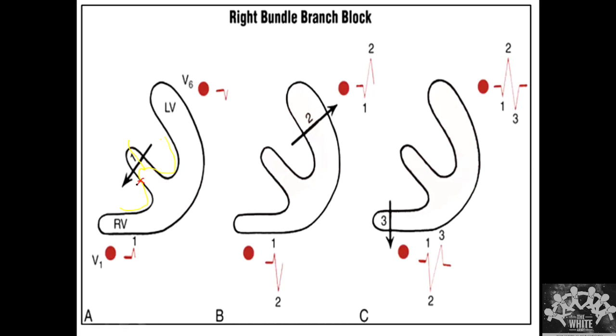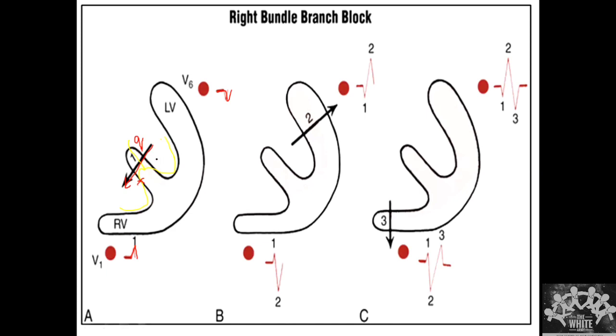Imagine now the first activity, which is the formation of the Q wave. This is going to happen from left to right. There is no hindrance to that, so normally from left it comes to the right. When that is happening, what happens in V6? It forms a small Q wave and correspondingly a small R wave. The second part is where we start the pathophysiology, second and third part.